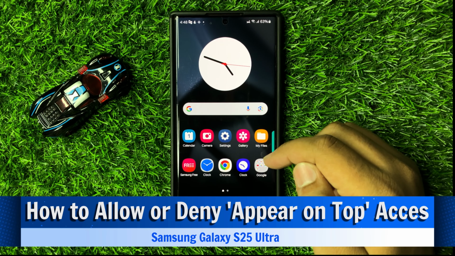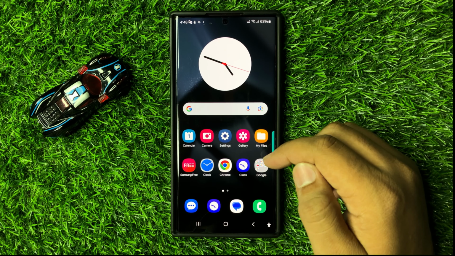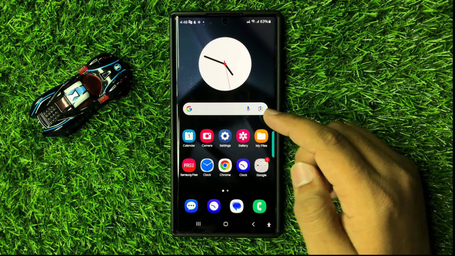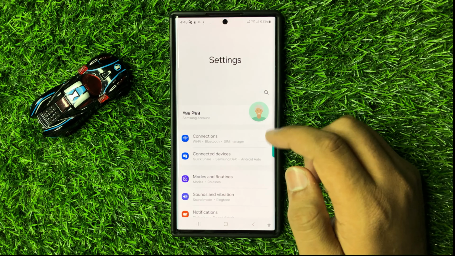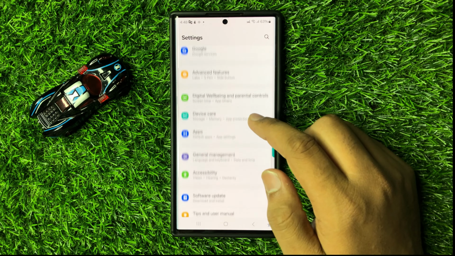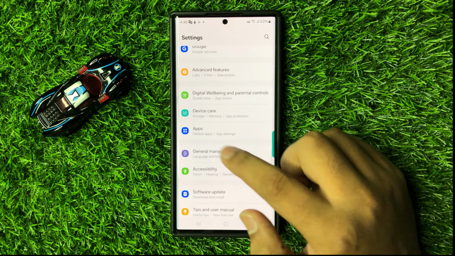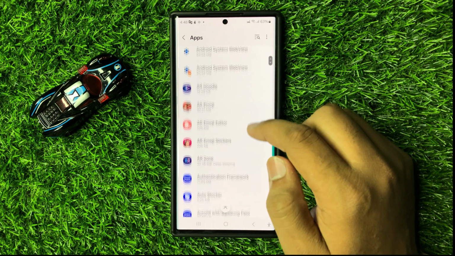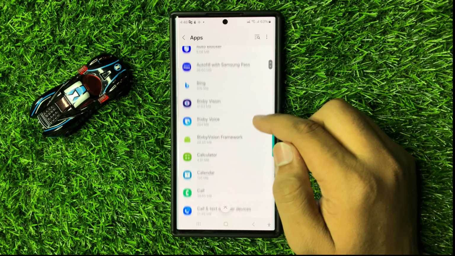In this video I will show you how to allow or deny appear on top access in Galaxy S25 Ultra. So first of all, open settings. Now in settings, scroll down and here click on apps. Now in apps, open the app in which you want to make changes,